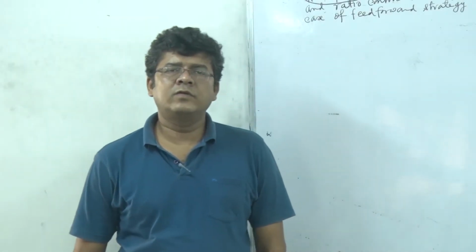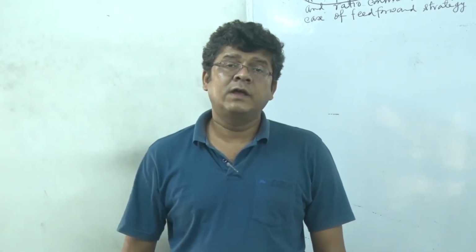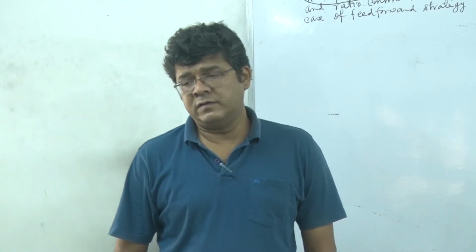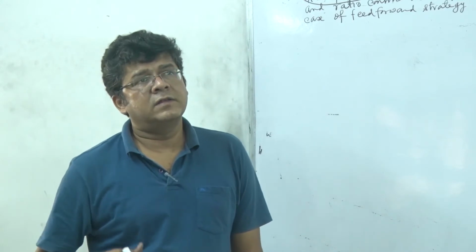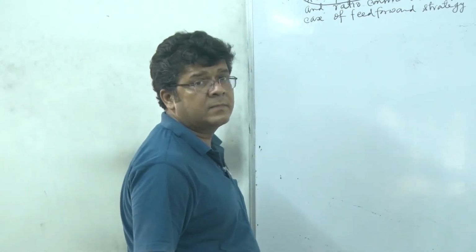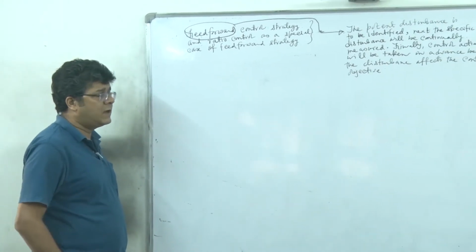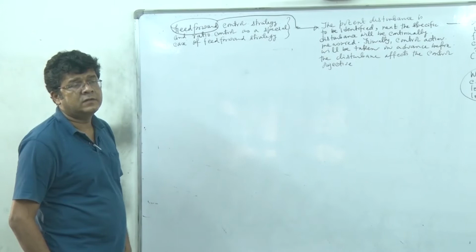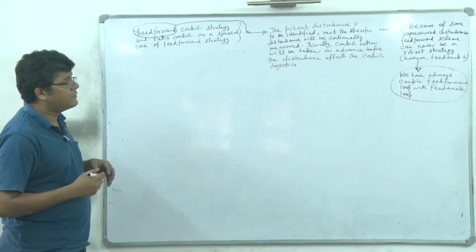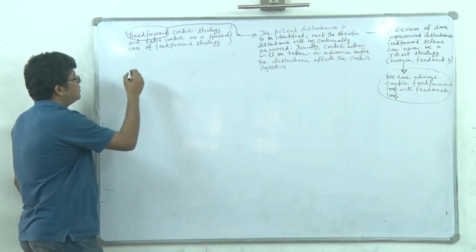So in this session we are going to discuss in detail the feed forward and ratio control strategies. Ratio control is viewed as a special case of feed forward control. In the beginning classes of process control we discussed the strategy of feed forward control qualitatively, considering the binary distillation column. So let's have another example, and after that we will go for the exact design of these feed forward units.